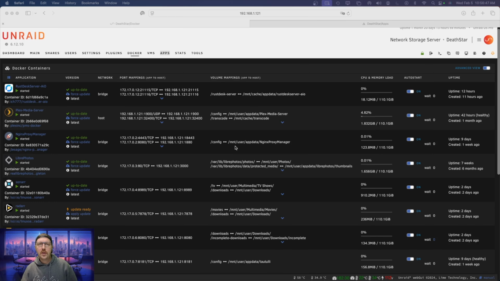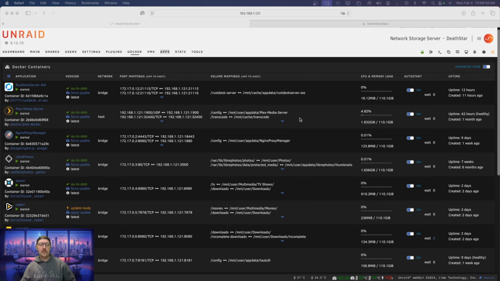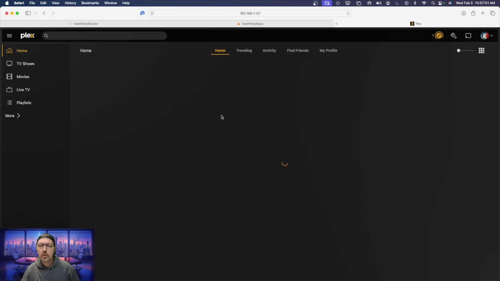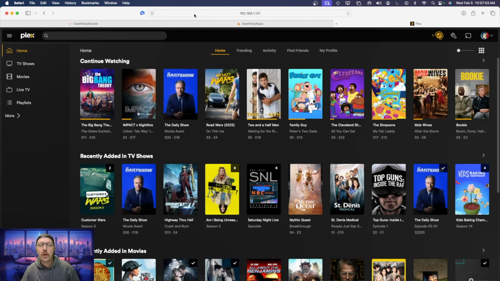All right, so one of the first applications, and by far the most popular, has to be Plex Media Server. So what is Plex Media Server? It is basically a Docker application that allows you to host all your media that you have purchased, in quotes, over your lifetime, and have consolidated it all onto your unRaid server. Plex is a great tool to consolidate all your media into categories and give a beautiful Netflix-like interface that